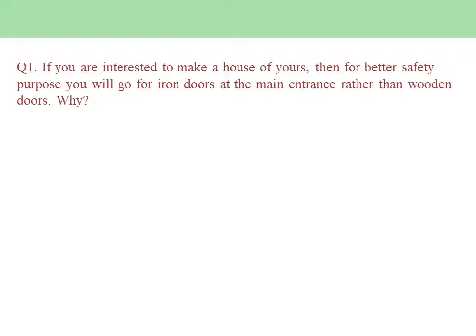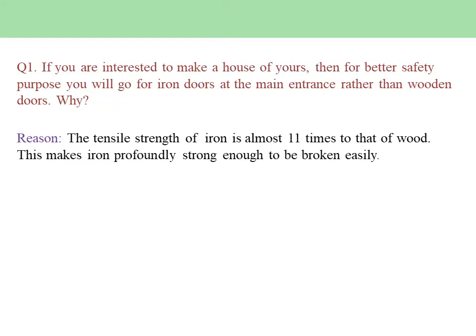Okay. So what can be that? What is the answer all about? The tensile strength. Iron is basically an element. We know that it's a metal, so it is an element as well as a metal. Whereas wood is basically a compound and made up of non-metals.